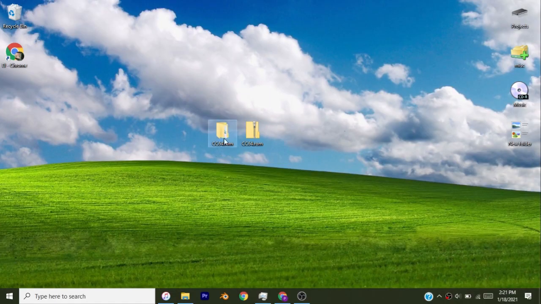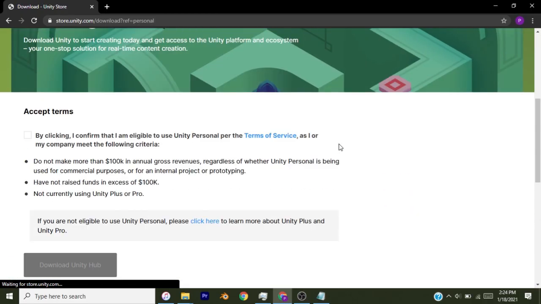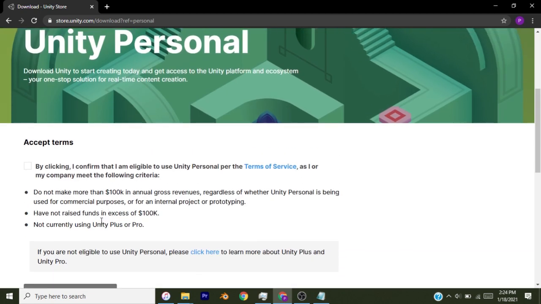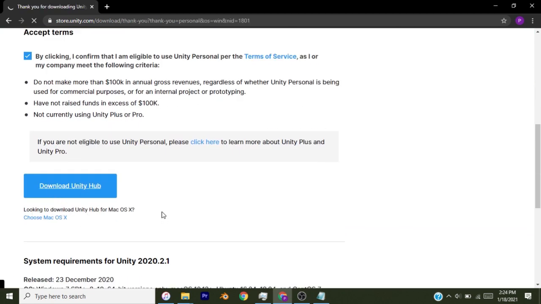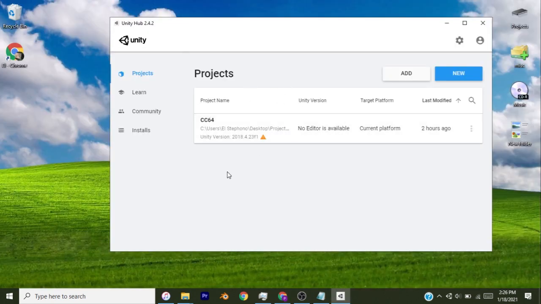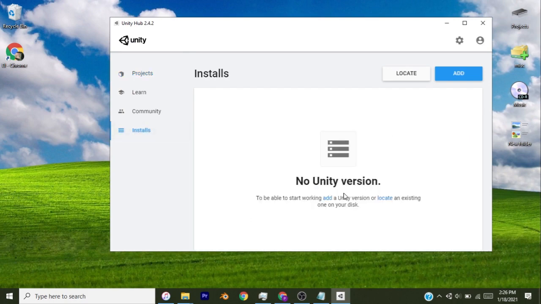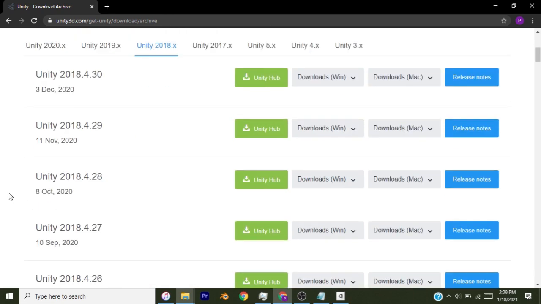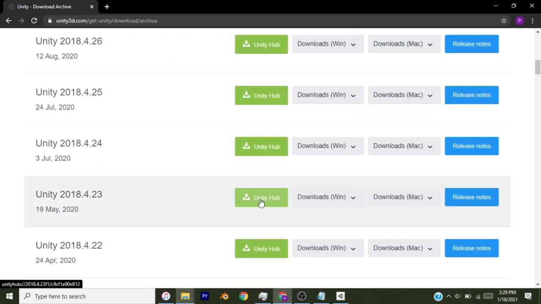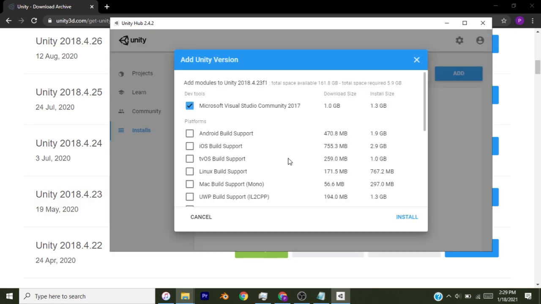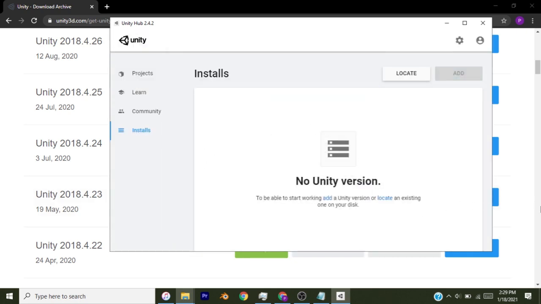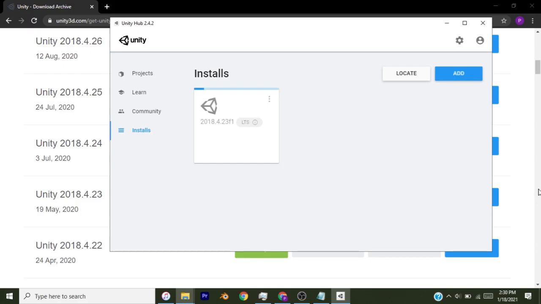If you don't already have it, we're gonna need to download Unity Hub from this site. The install is pretty straightforward, so I won't show it here. This is where you'll open the Crow 64 project, and you'll be able to see the Unity editor version on the installs panel. You'll need to get Unity 2018.4.23. Both links for the Unity Hub and the Unity editor will be in the description. Remember, you can't install the Unity editor until you've gotten Unity Hub. It may take some time, but eventually you should be able to find our 2018 copy of Unity editor here